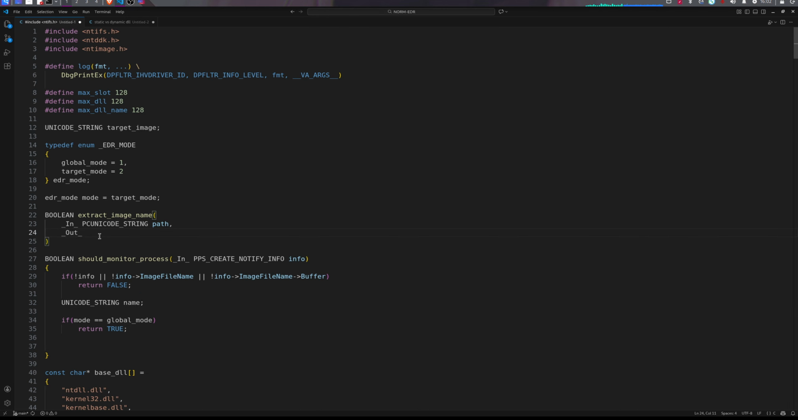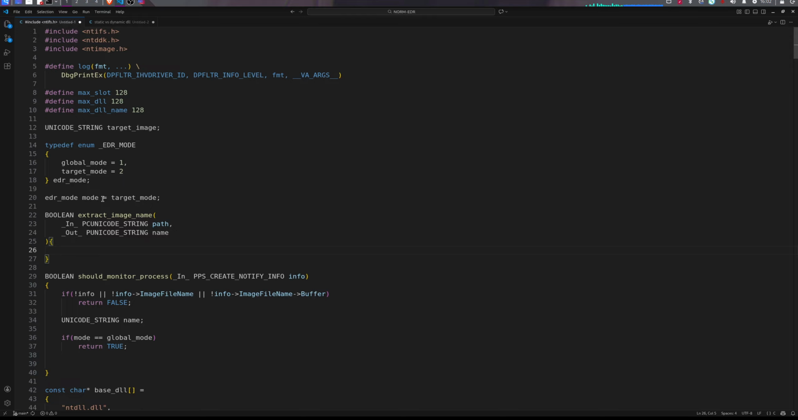So it's a Unicode string, so let's copy this. And one thing you have to notice is that it's a constant. We don't want a constant here, so we have to remove that and just write it name. So we added our parameters, and now we can start our function for extracting the image name. First of all, we're already doing this all the time, checking things, so we can check if the path is empty and the path buffer is empty,